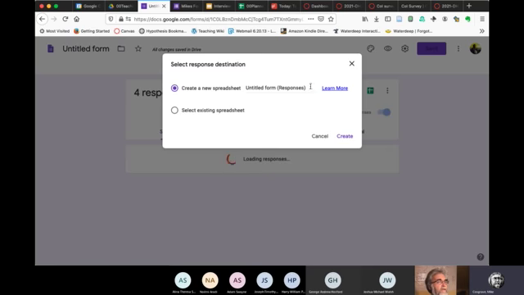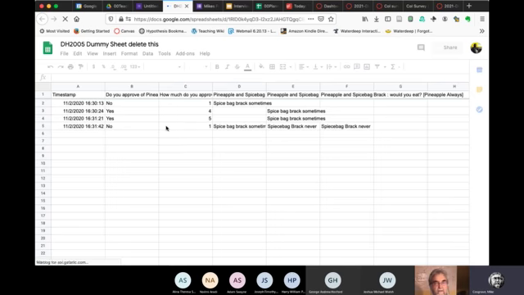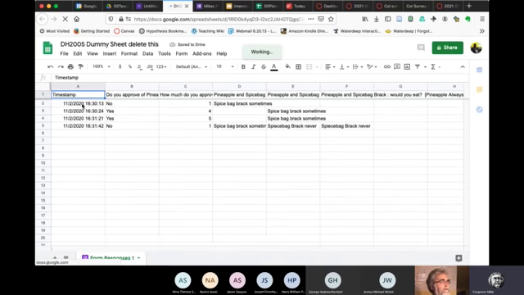it will create a spreadsheet, untitled form responses. If I don't name this spreadsheet, I won't be able to find it and get rid of it. So what you can do is give it its title, and it will create a Google Sheet with the date and time and the answers that people have put in.